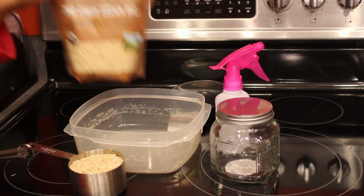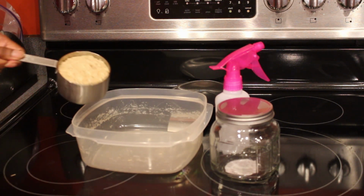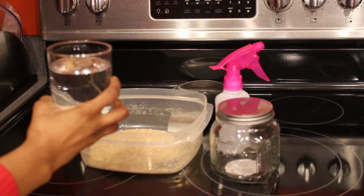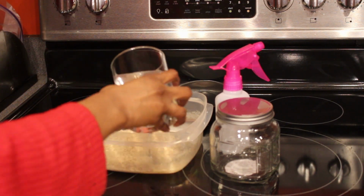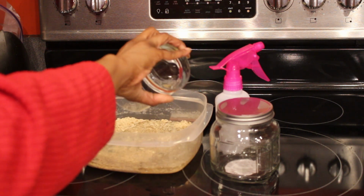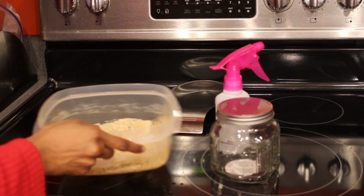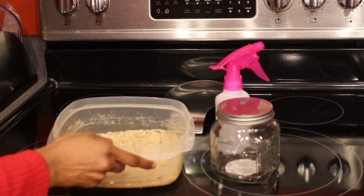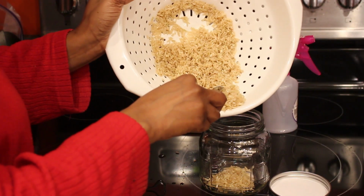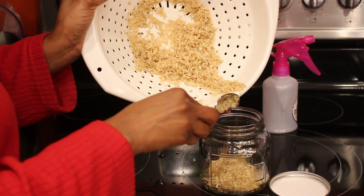So today I'm going to be trying rice water on my hair for the first time. Here you just see me adding my rice to a bowl, and then I'm going to add some water and switch the rice around to get rid of any dirt and impurities that may be on there, because you don't want to put all of that in your hair. And guys, this is such an easy DIY hair treatment because you basically only need rice and water and a